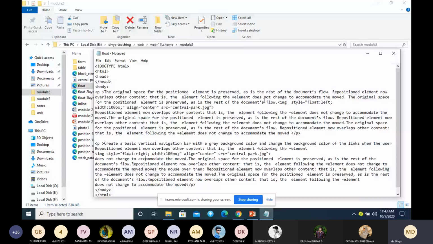Now I don't specify float and all. So there is an image. After that, again I have a paragraph. After that, again I have one more image here. So there are two images surrounded by lengthy paragraphs. Now look at the output.